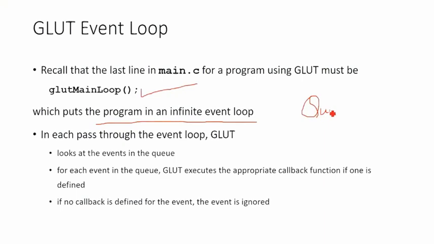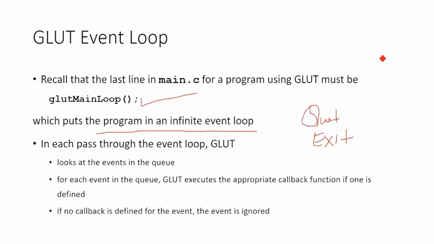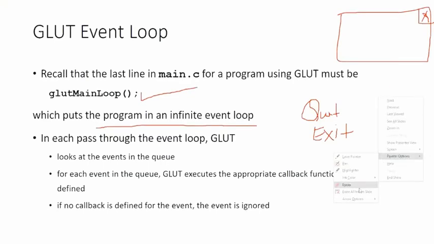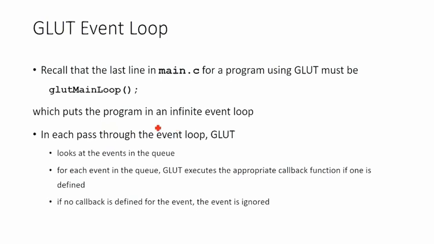function in a C program, or to force close it by clicking on the close button in the window. That is, in the window you have this close button here, right? Using this you can terminate the program. So these are the only ways for you to terminate an infinite loop, or else you cannot terminate your program once you enter the main loop.